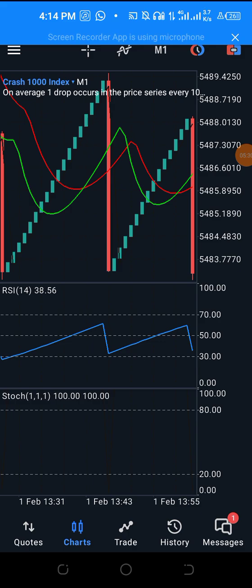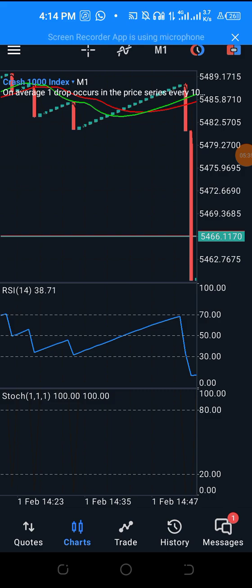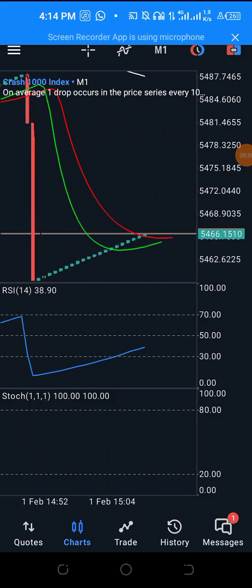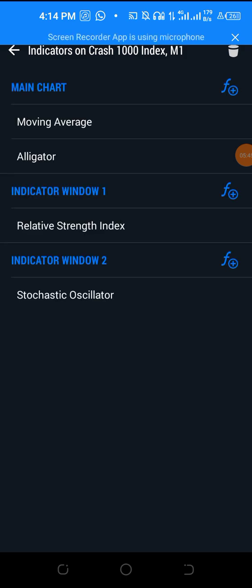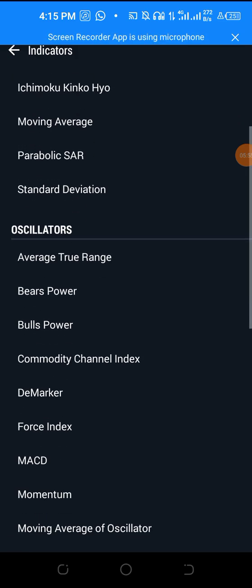Because we've turned the moving averages that came with it to black. So now we're going to add the alligator indicator inside this box of the stochastic. You come and press this Naira sign. Now here, this very F sign and cycle, that is for window 2 in the alligator, that is where you click. Then you go and look for alligator